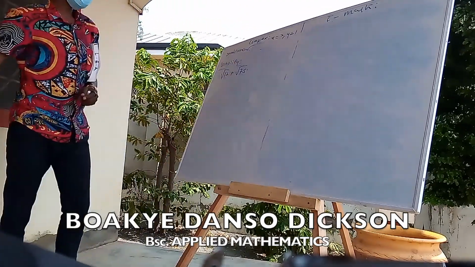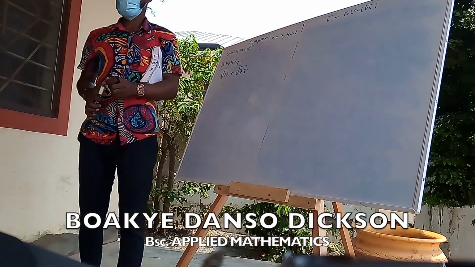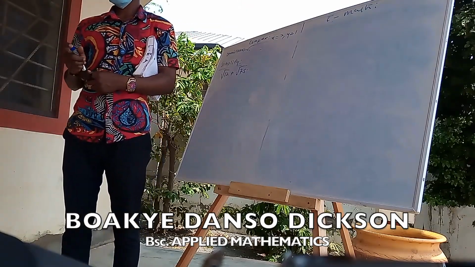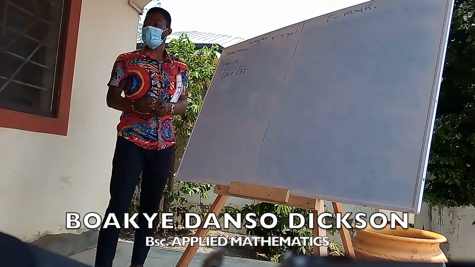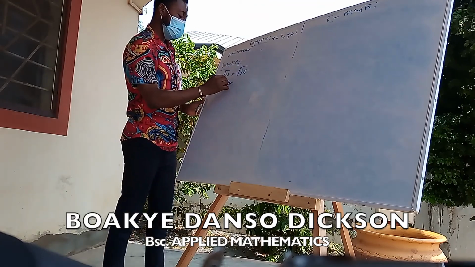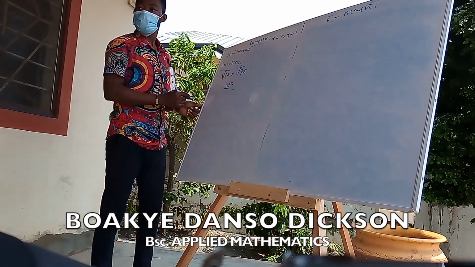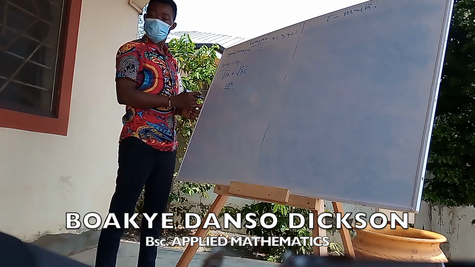Good. Are we good? So let's see. Now we are simplifying these guys, right? So my first step: 3 times 4